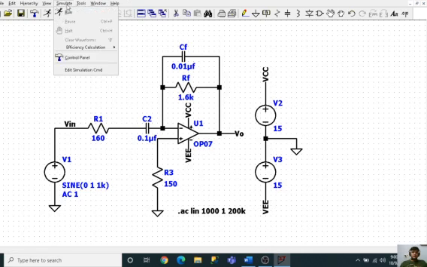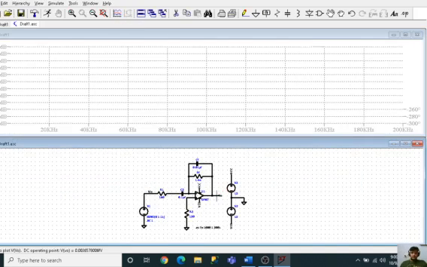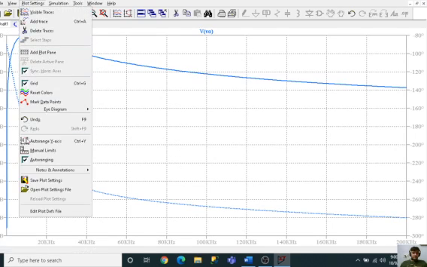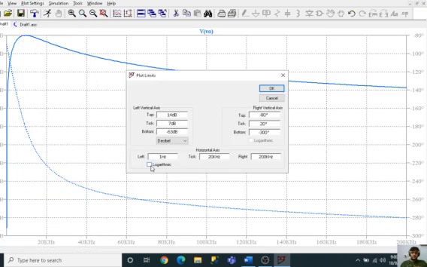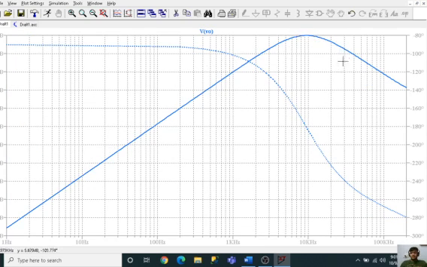So now I'll go to simulate, I'll run. Over here I will get the output. Now this is the output frequency. Now go to plot settings, change the manual limits, and make sure that you are using a logarithmic scale, which will clearly depict our frequency response.